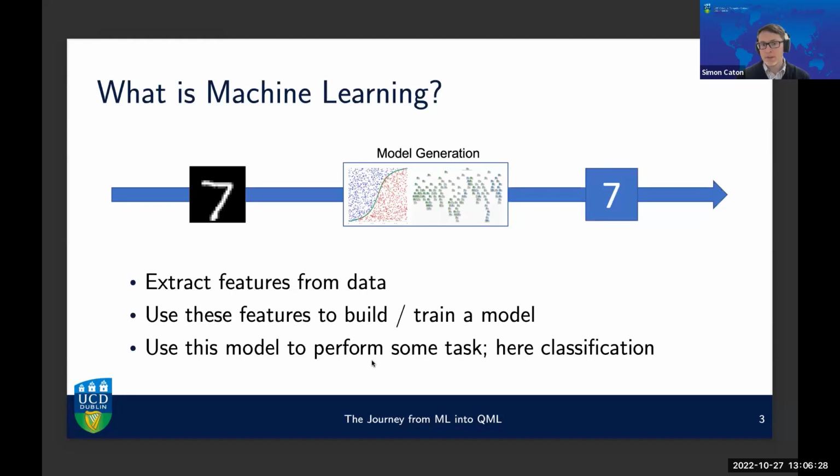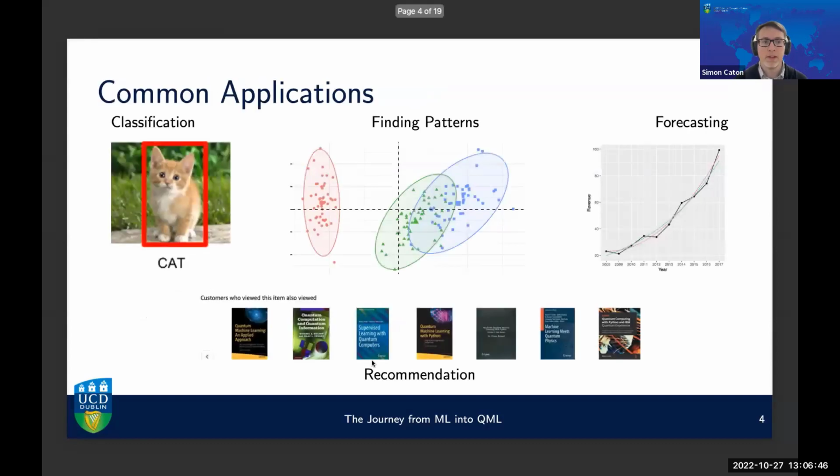Now, that's of course a highly oversimplistic view of the world, but hopefully this is not something that's too alien to you. Even though this is the general idea of take some data, build a model, and do something with it, there's more than just classification or the emitting of a label, in this case, the number 7. So in general, you can imagine that there are 2 main schools of machine learning, which is the supervised